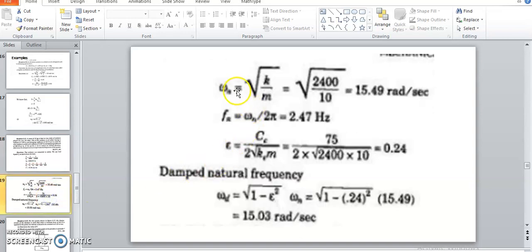So undamped natural frequency omega is equal to square root of Ke by M. Ke is the equivalent stiffness, mass is 10 kg as given, and you can find this in terms of radian per second, or in terms of hertz. You can divide by 2 pi to get it in terms of hertz. They ask for the natural frequency, and also they ask